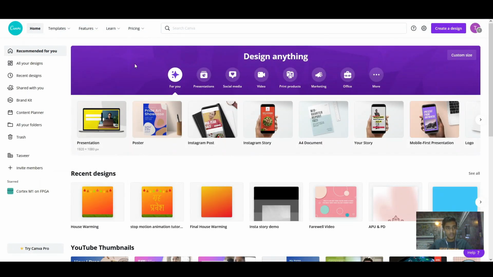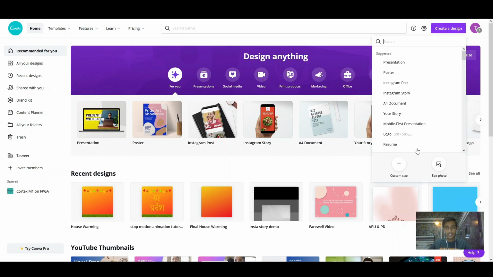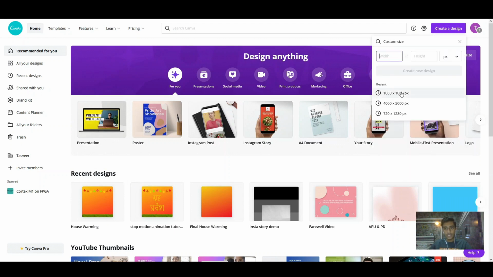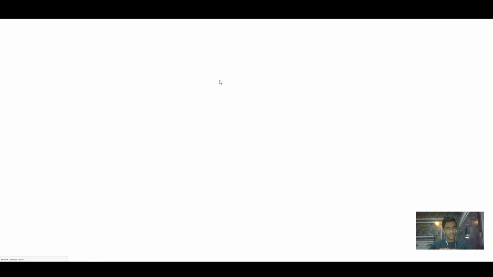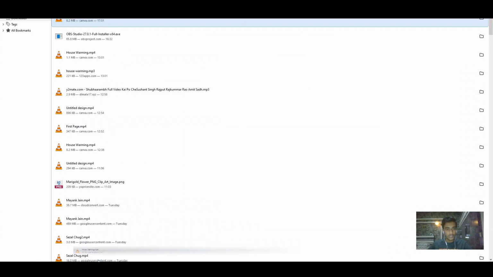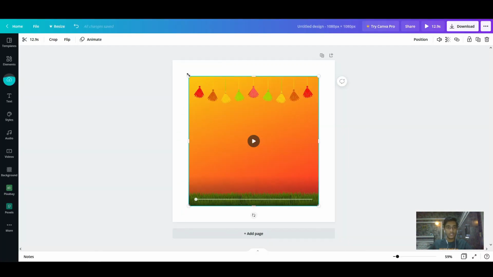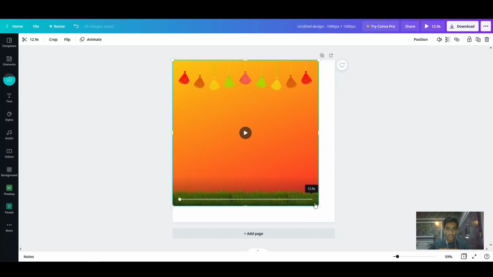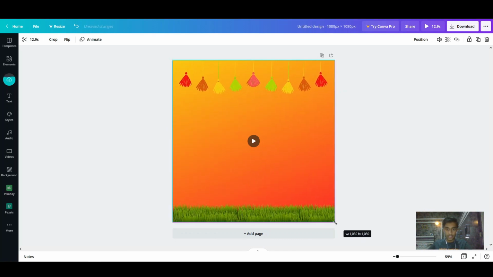We can do one more thing: just create another design of the same size and it will come under the recent tab. Okay, and we can import the video which we just downloaded onto this new design, and we can stretch it so that it covers the entire page.